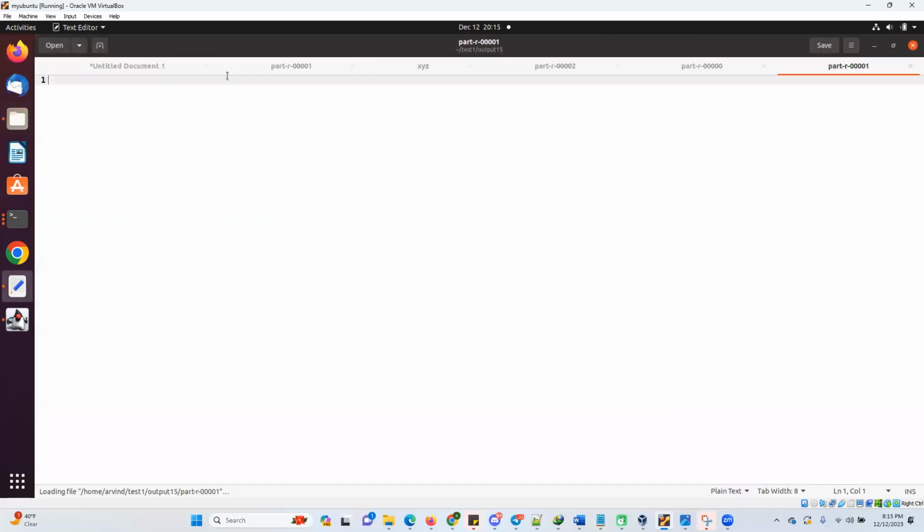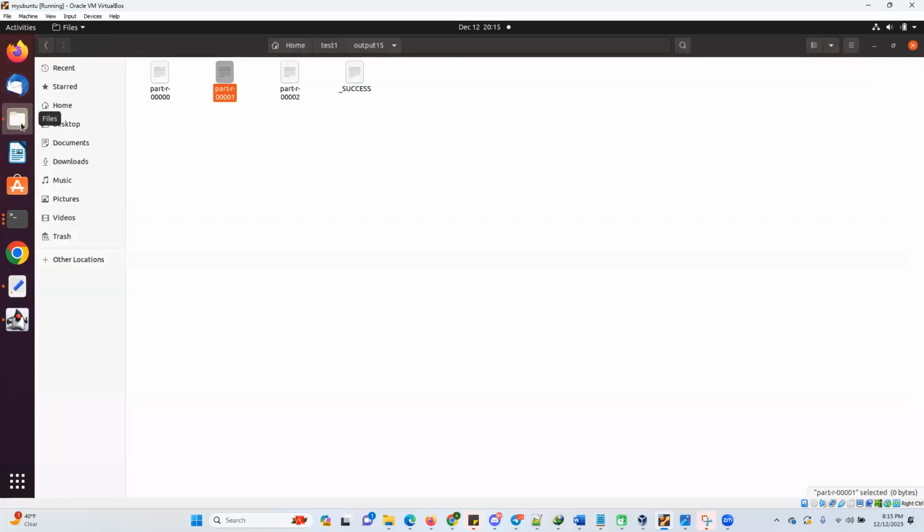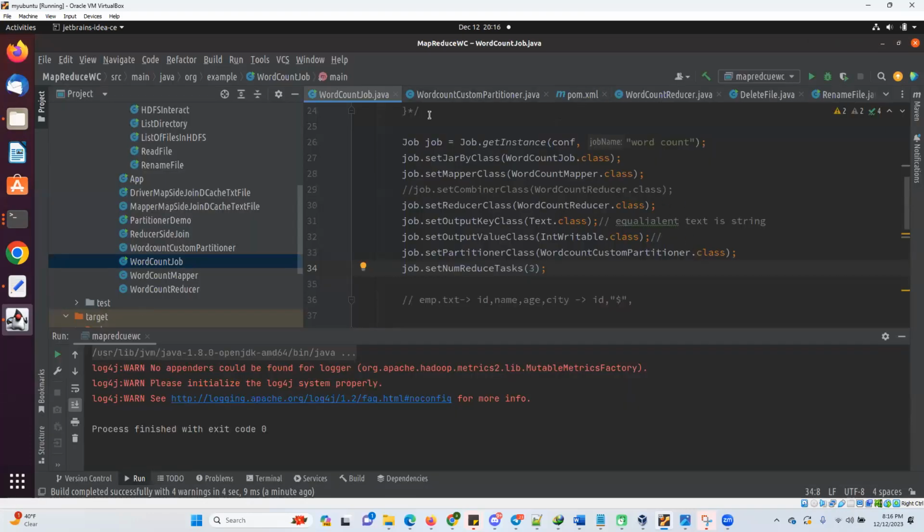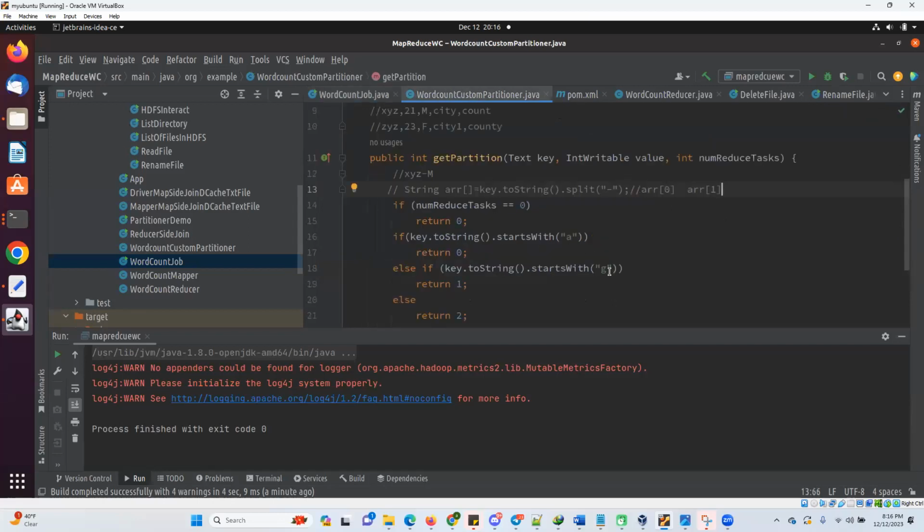Because it will not get G. All words are coming here. So why didn't Germany come? Because the G in Germany is capital and I gave G small in my partition. Yeah, lowercase. If I give G capital, then it will move all the words starting with G. My country names are starting with it, so I have to use the ignore case way. Okay, so if I run now,